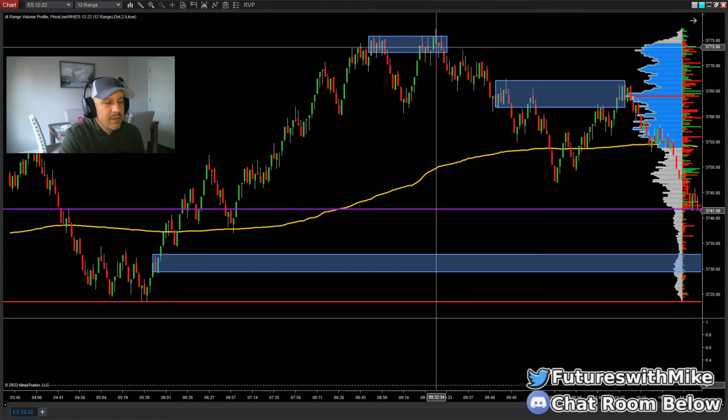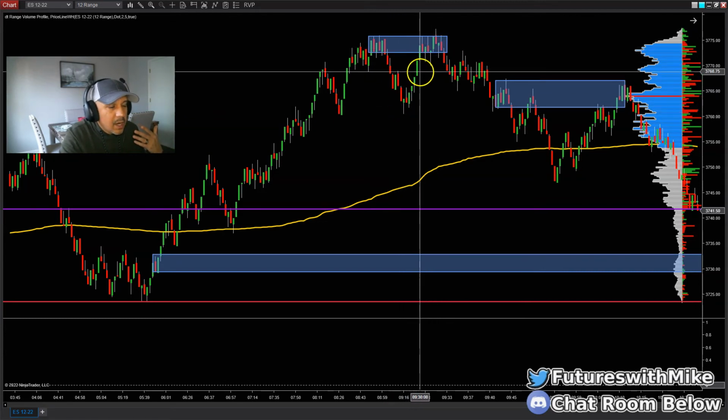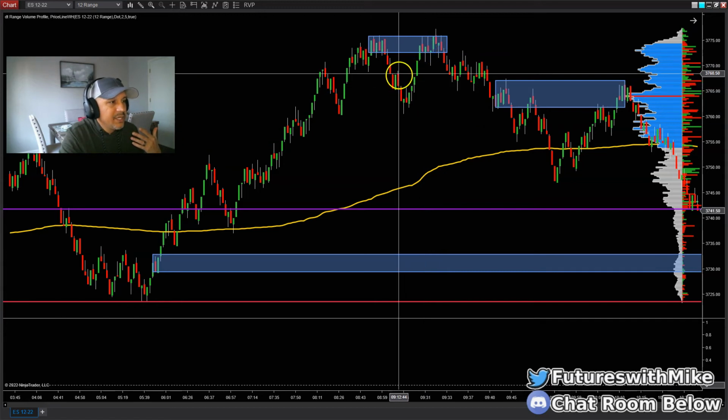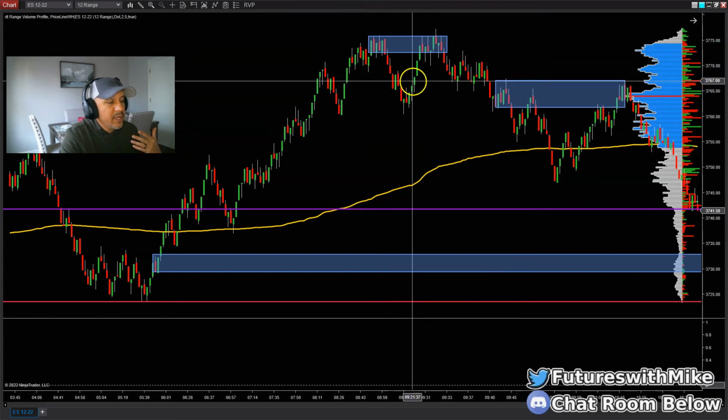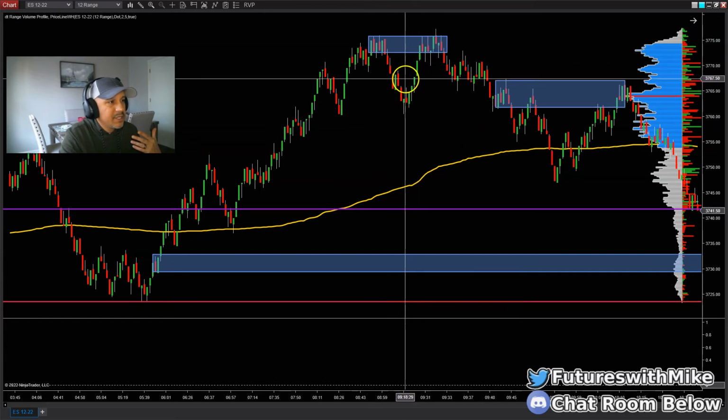Okay, so what I was telling you about is when price pulled back to this area here, what did it do? It broke structure right here. It broke this little level right here to the upside. So as price broke that area of structure below it, once we get to that area, we have to understand that there is support sitting right here, back below us.